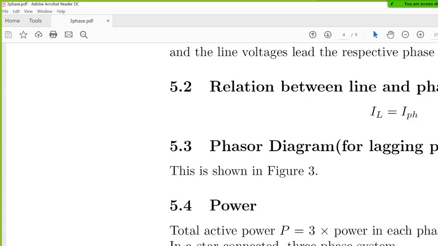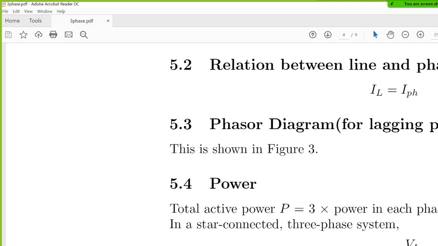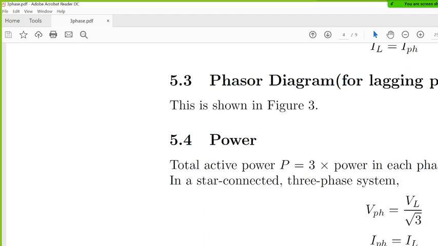Amit, 12 is fine. How are we getting 12? We are simply replacing V phase and I phase from these equations onto this one. Good. 13, 14. 13 is simply from here. Reactive power was sin phi instead of cos phi. We have discussed that in the basics of AC class. Reactive power and apparent power are just from the definition. See the definition of reactive power and apparent power, you understand. That was from the very first of the AC classes. We discussed this in the beginning. Okay. So the star part is over.